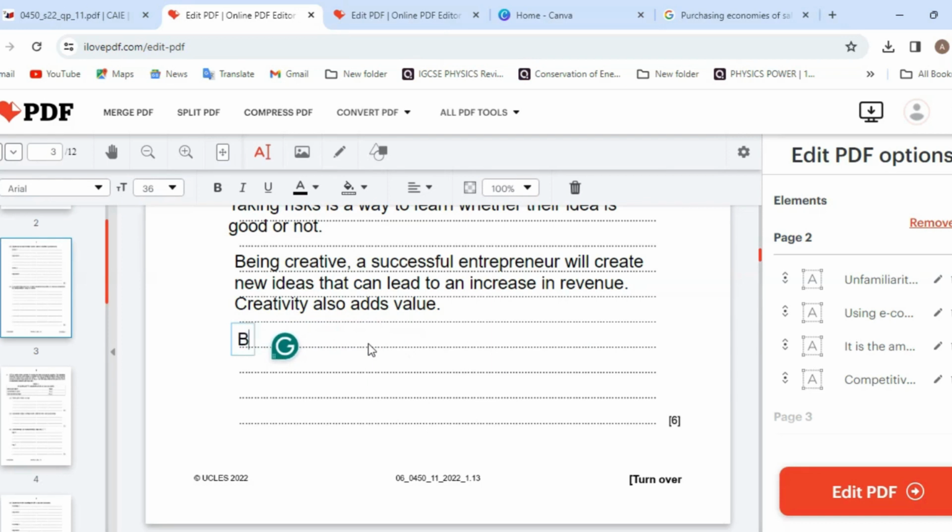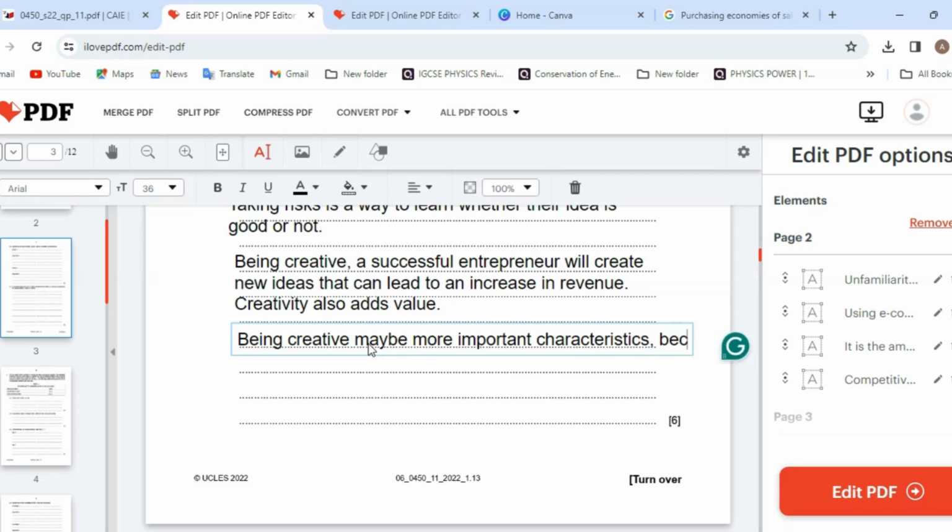Being creative may be more important characteristic. Why? We now say because it will be